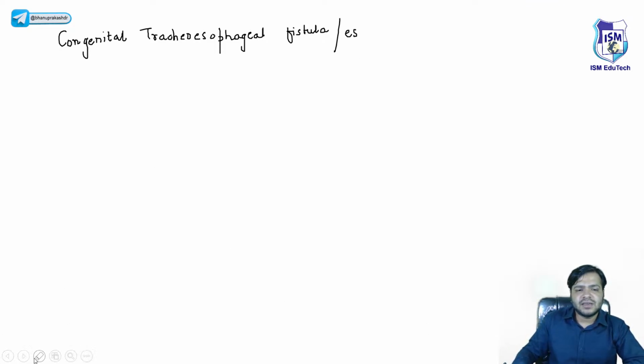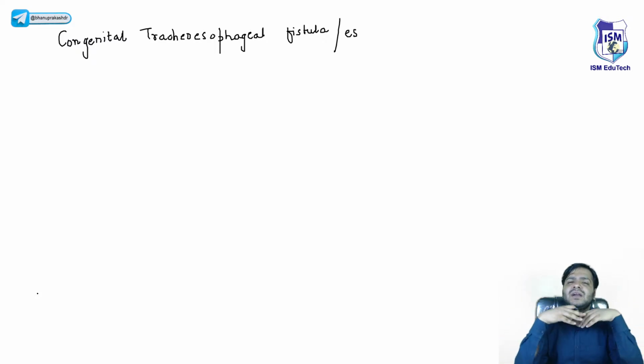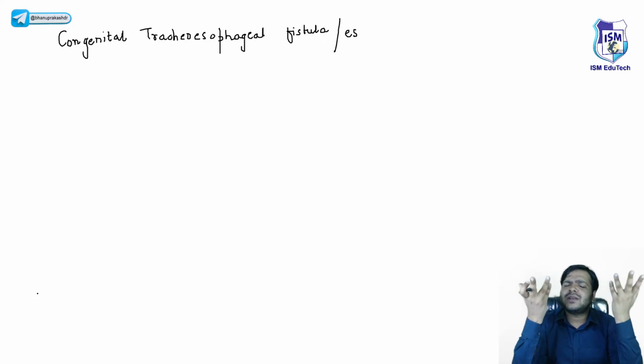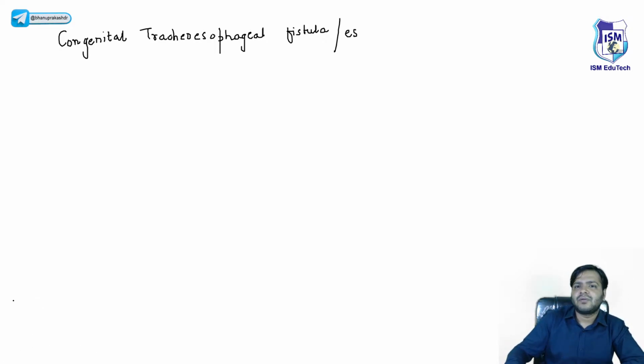अब क्लिनिकल फीचर्स क्या देखने को मिलेंगे बच्चे में? आप खुद मुझे बताओ, थोड़ा सा दिमाग लगा के बताओ, what will be the clinical features? बच्चे में क्या देखने को मिलेगा? देखो, ट्रेकिया है, ट्रेकिया और इसोफेगस आपस में कनेक्ट कर रहे हैं। Any type ले लो, कोई भी टाइप ले लो, क्लिनिकल फीचर्स सेम रहेंगे। तो कहने का मतलब है, ट्रेकिया से जो आगे लंग बड्स थे, जो लंग्स वगैरह बन रहे थे, तो what will the child have? लंग्स में क्या दिक्कत हो जाएगी उसको? कफ हो जाएगा। Esophageal atresia. चलो, देखो